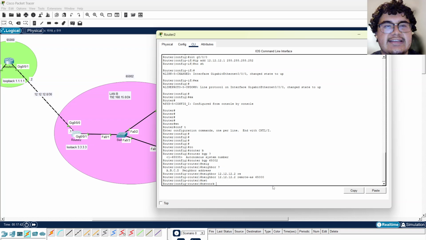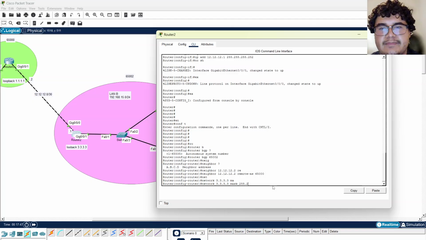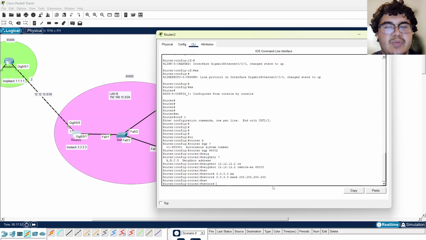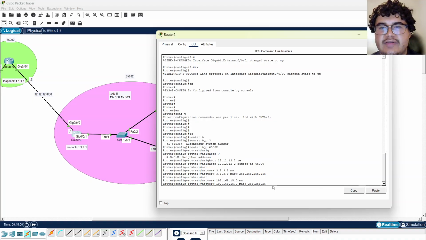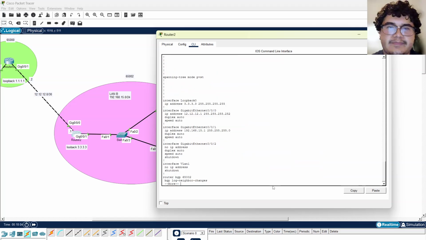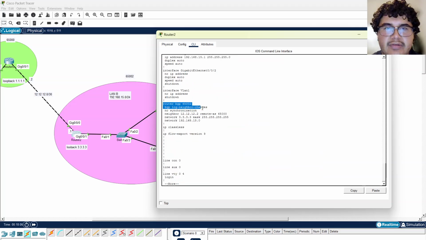And then let's advertise the loopback interface first. Mask. And then the LAN B, its internal network, let's advertise that as well. 15.0 mask /24. Do show run. And just to show you,